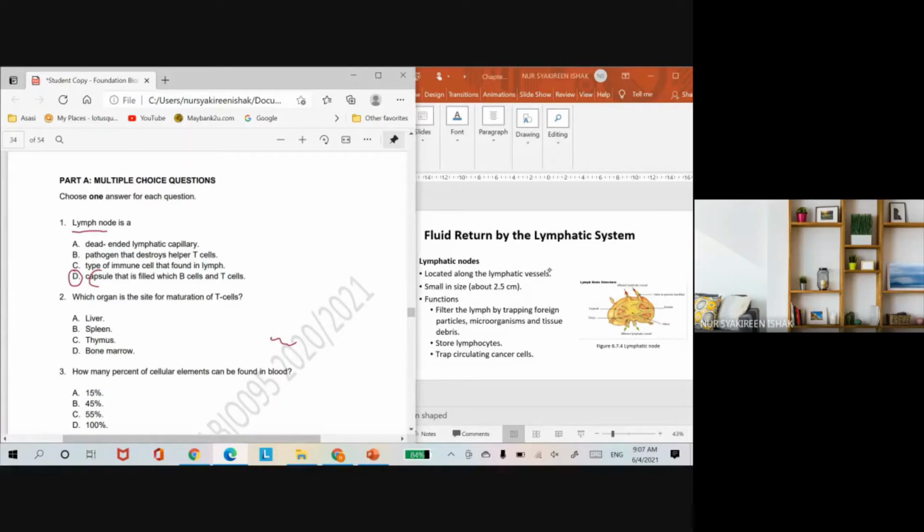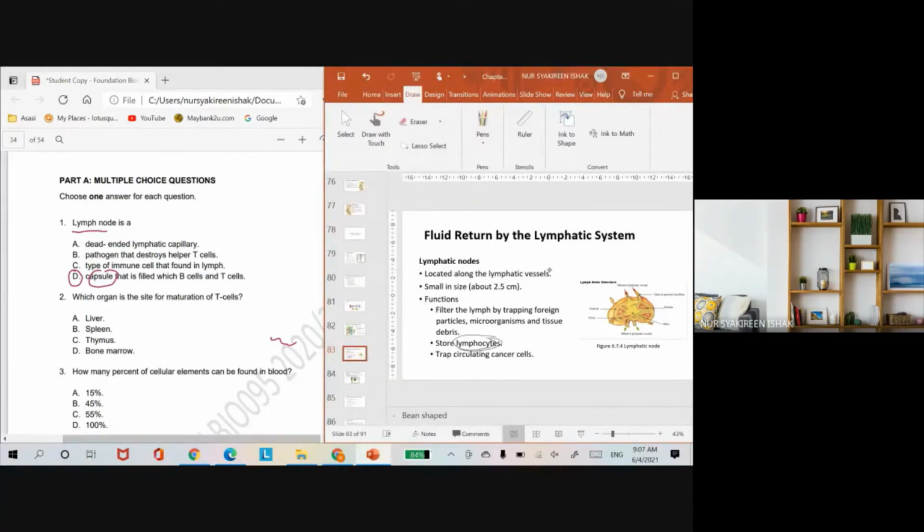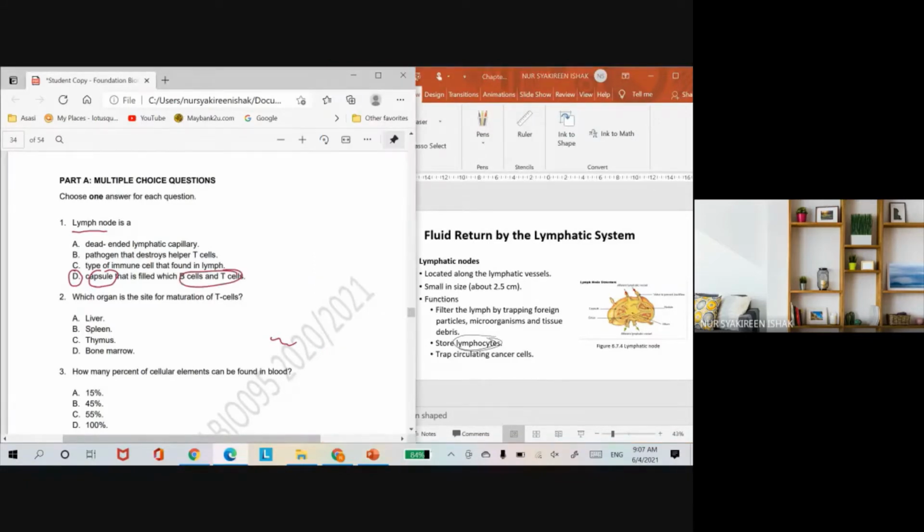cell. It is a capsule shaped like a kidney bean. It is really small, about 2.5 centimeters. As you can see, it is the place to filter the lymph by trapping foreign particles, microorganisms, and also tissues. Those are lymphocytes. Do you see lymphocytes here? This is referring to the B and the T cell. So lymphocytes include both B cell and T cell, which are involved in the adaptive immunity,